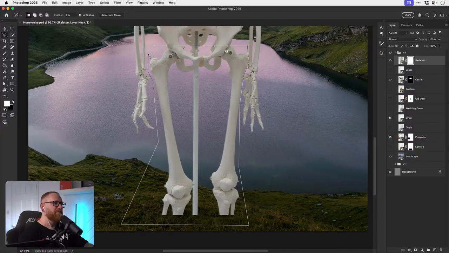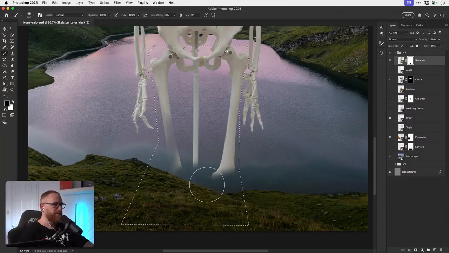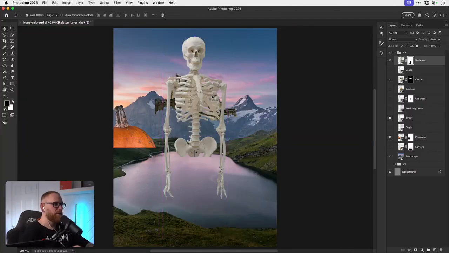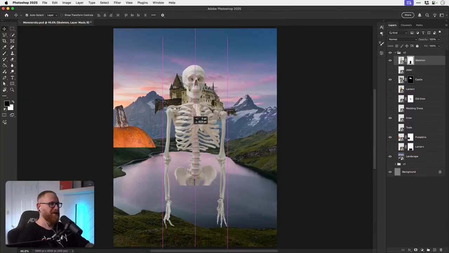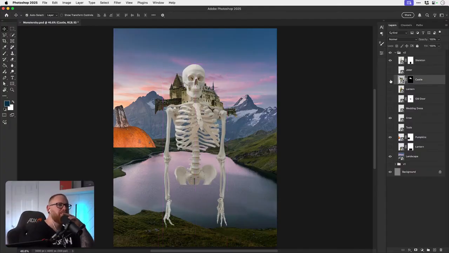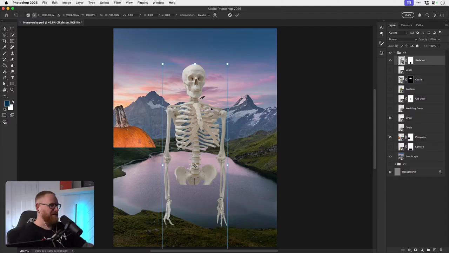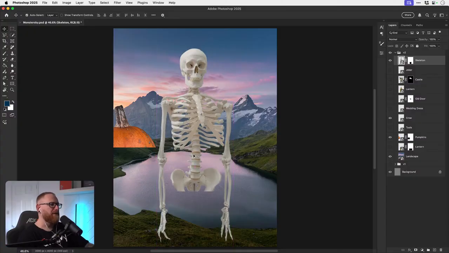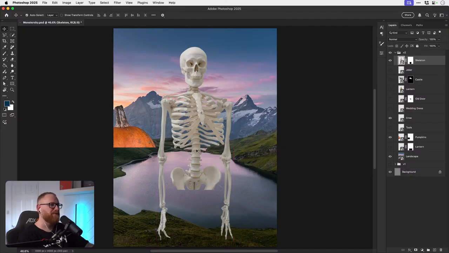So we're going to stick them in the lake. There we go. Nice. Very good. We'll sort the hands out as well. This looks a bit weird at the minute, but we just got to really compose this. I probably need to get some inspiration actually as well. But I want to size this up and compose it right. Yeah, I feel like I want to turn this skeleton into like a lake boss, like a boss from a game, maybe Dark Souls or an Elden Ring or something. There's like a castle in the background, and I don't know why there's pumpkins everywhere.